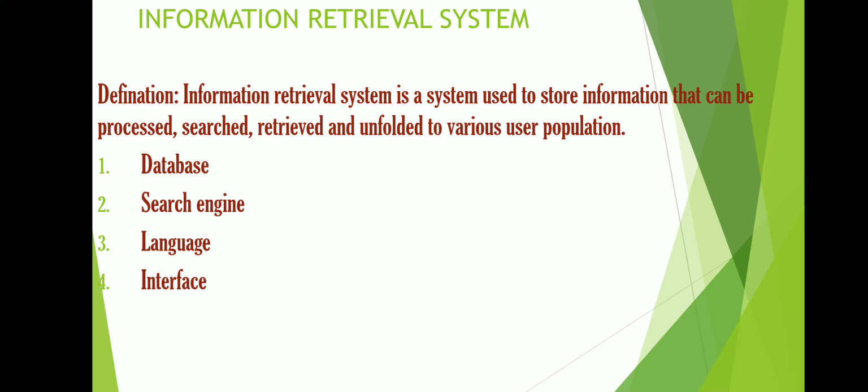So like Google, if we want to know about some topic, like bacteria, we can simply search in Google and there will be various websites and articles related to bacteria. Then according to my preference or requirement, I can open any of the websites and read thoroughly about bacteria. So this is a simple example of an information retrieval system.